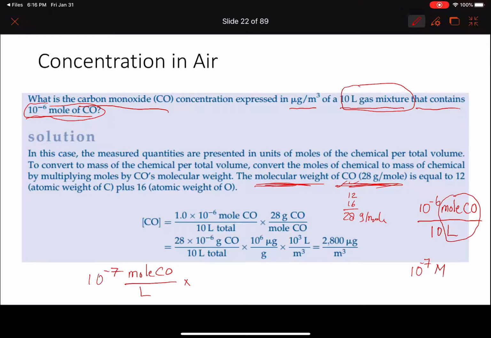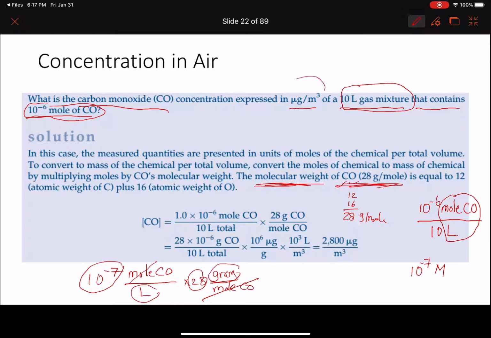Okay? So we want to get rid of the mole, so we multiply it by 28, the molecular weight of carbon monoxide, 28 gram per mole, of course, mole CO. So this is cancelled with this. Now you'll end up with gram per liter. You multiply 10 to the minus 7 times 28. Okay, and now